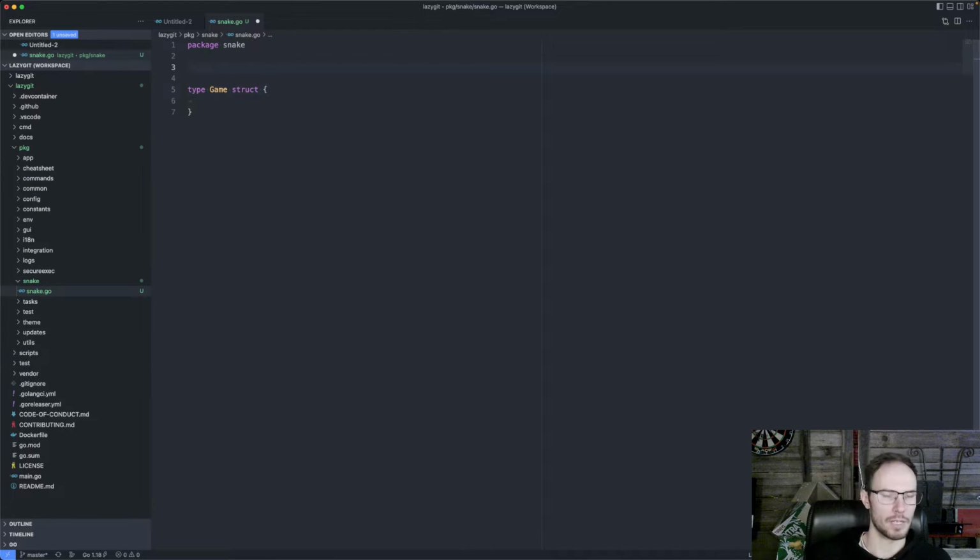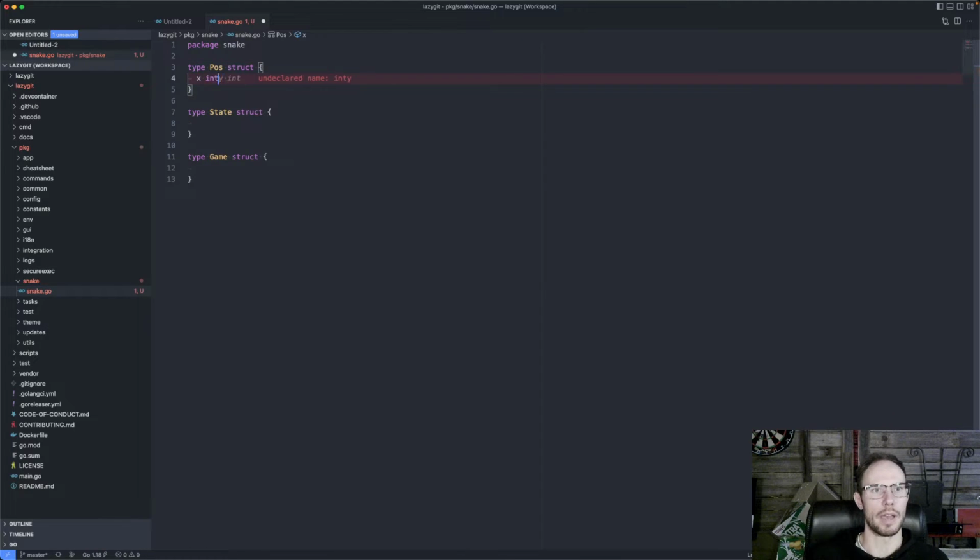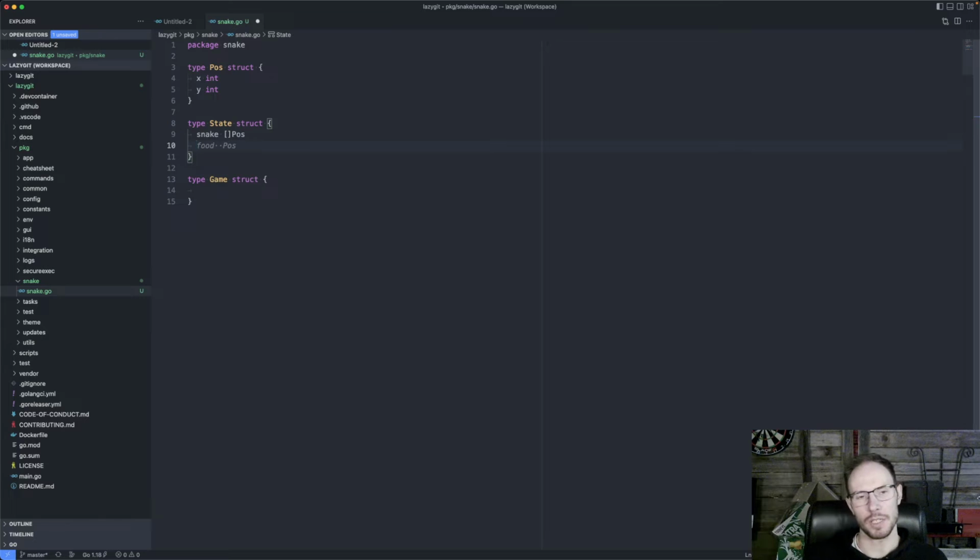So I'll have a few things here. I want to have a state struct, and I need a concept of a position. So I guess a position struct has an X and a Y. And my state is going to have my snake, which will just be an array of positions, or a slice of positions. Whenever I say array, just imagine I'm saying slice, because in Go you call them a slice. Anyway, food will also have a position,